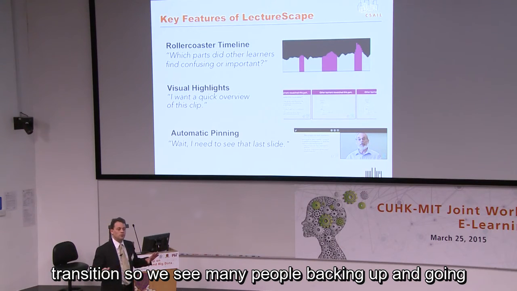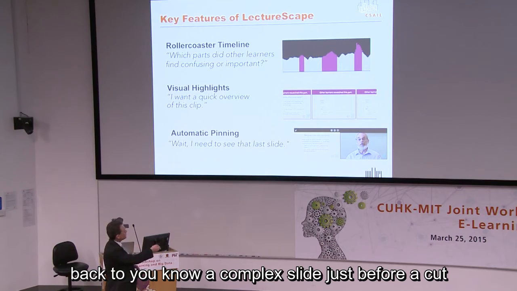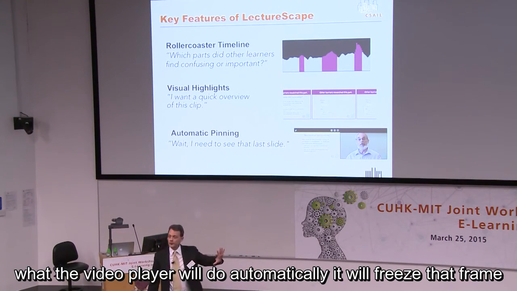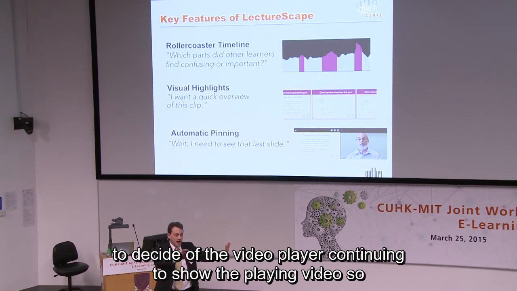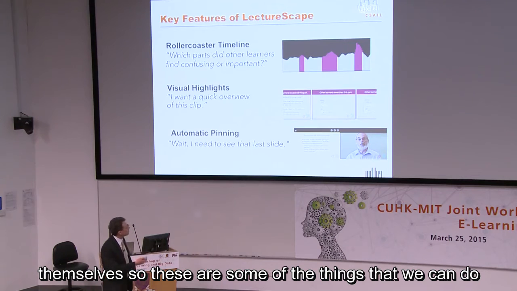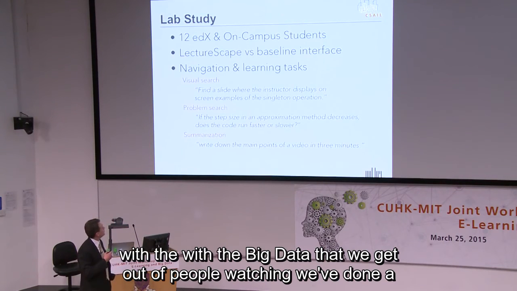So if we see many people backing up and going back to a complex slide just before a cut, what the video player will do automatically is freeze that frame to the side of the video player while continuing to show the playing video, so that users don't have to do that backing up themselves. So these are some of the things that we can do with the big data that we get out of